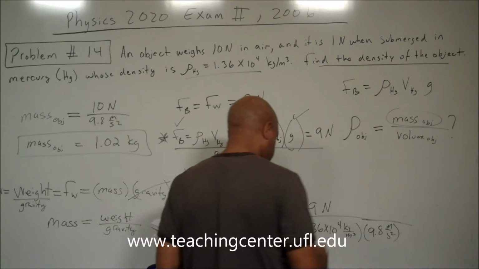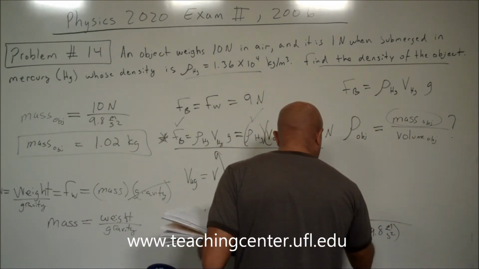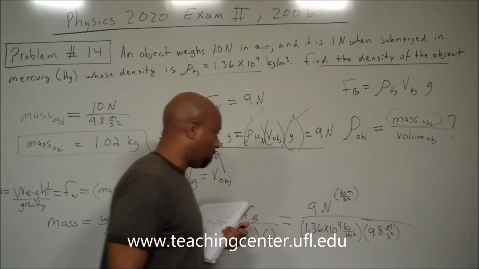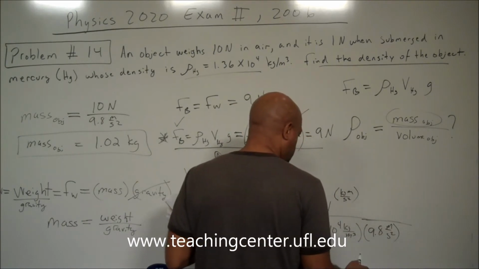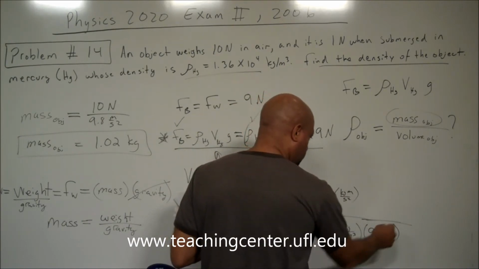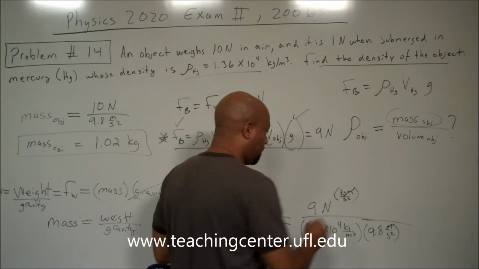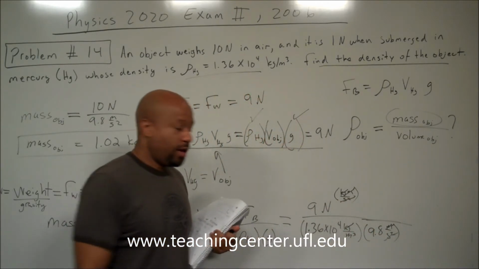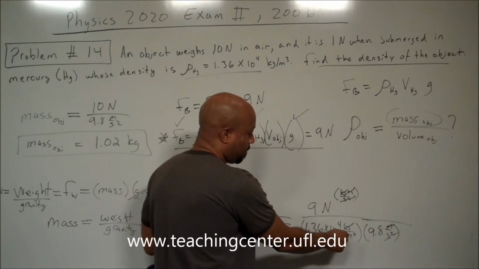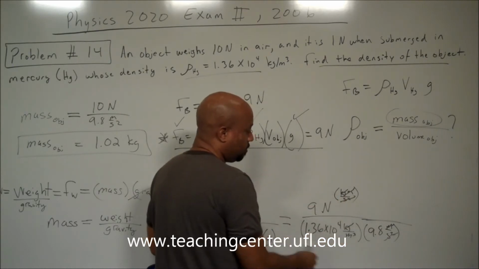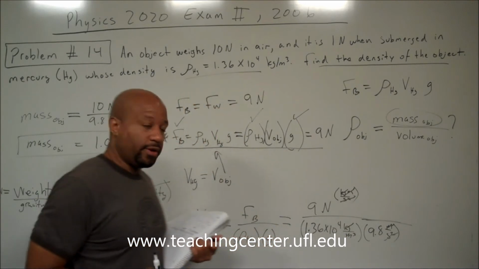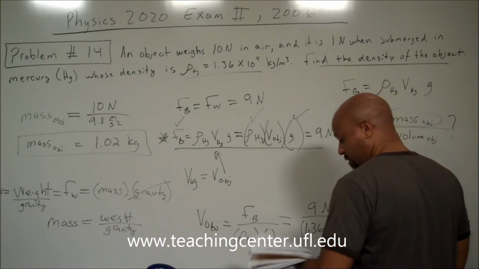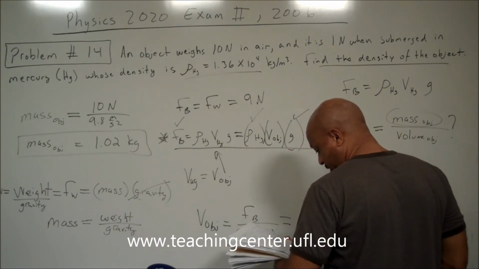If we do our unit analysis, we know that newtons is really kilograms meters per second squared, right? And so the meters there are going to cancel out the meters. The kilograms will cancel out the kilograms. The second squared will cancel out that second squared. And so we have a meters cubed in the denominator of this fraction, but when you bring it up to the numerator, we do have units of volume here. So our unit analysis works out, and when we work this out, we get an answer of